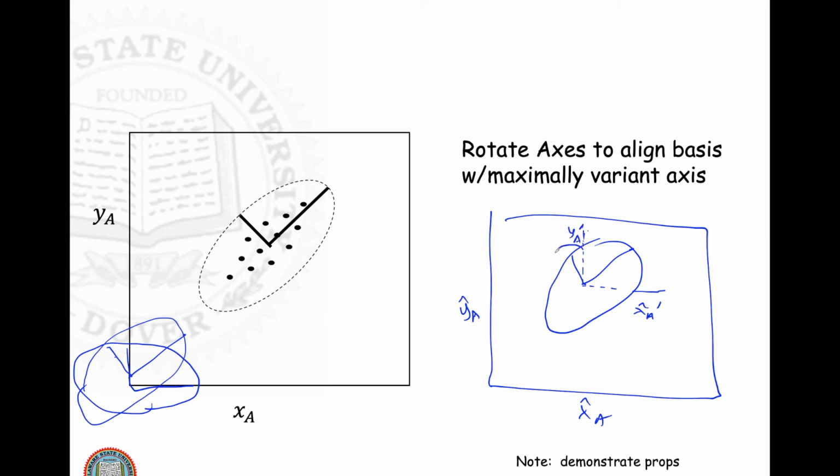And then you rotate it. Here's YA double prime and here's XA double prime. So what this P is doing is this rotation to align its axes